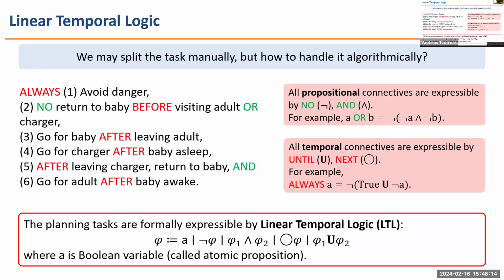Basically, I develop an algorithm. You tell me the task you want in this form, and it can automatically generate a policy. So that is the problem we would like to solve. And the way we solve this problem is to take the old-fashioned way, that is, to develop a symbolic logic to express this task such that we can deal with it using computers. Now with ChatGPT, there might be smarter, modern ways to do that. But for this research, we are still doing this old-fashioned